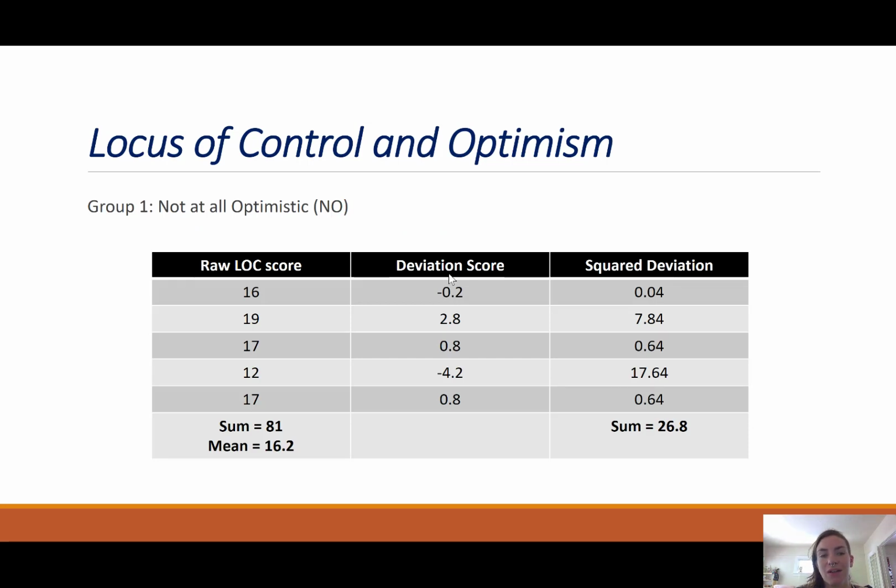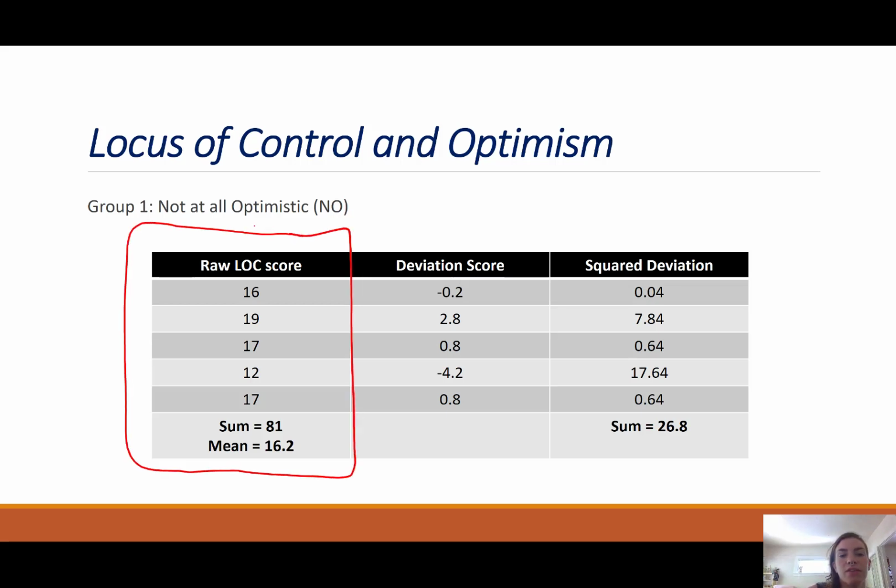So we have some data here. We have group one's locus of control scores. This is the raw data in the left-hand column. I move quickly through the rest of this little table because it's something you've seen many times before. On the left, you see raw locus of control scores for 5 individuals in group 1. Remember, group 1 are the individuals who say they are not optimistic about the future. We can calculate the mean for group 1 is 16.2. So on average, people who are not optimistic about the future have a locus of control score of 16.2, according